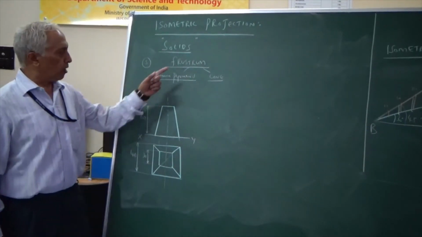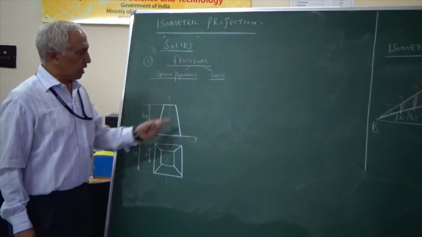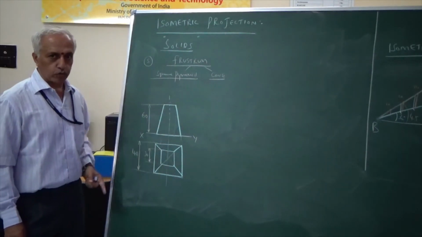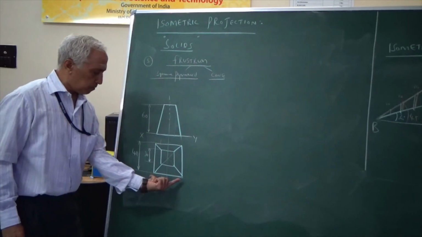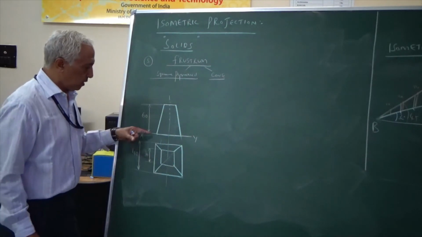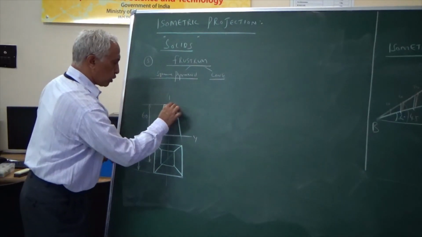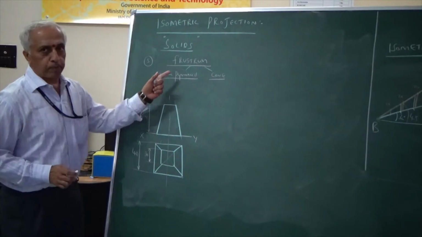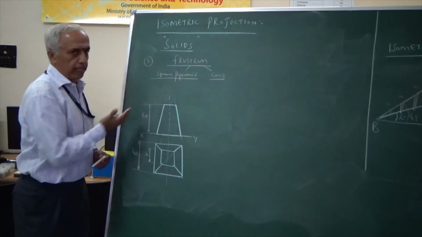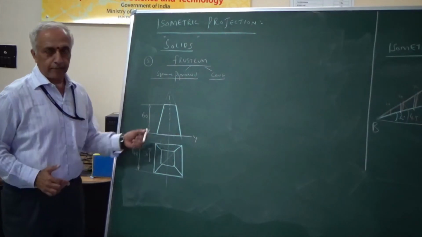We will draw the frustum of solids. I am showing you 2 solids. Frustum of a square pyramid and frustum of a cone. If it's a square pyramid, to draw top and the front views, given side of the base 40 millimeter, given the top base as 30 millimeter, height as 60 millimeter. If you see this figure, I can extend like this to obtain the pyramid, and frustum is obtained by cutting a solid by a section plane which is parallel to the base. The retained portion is a frustum.